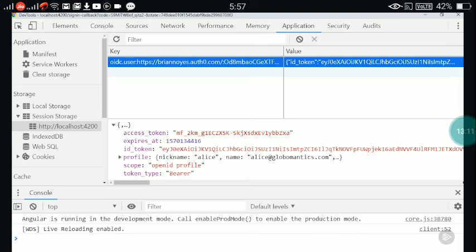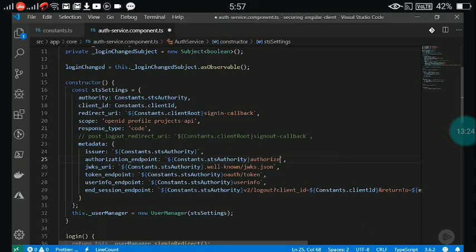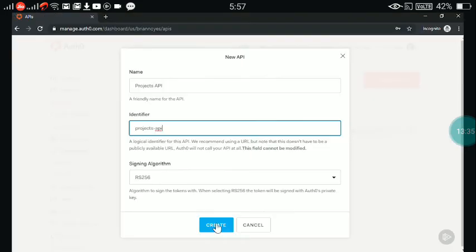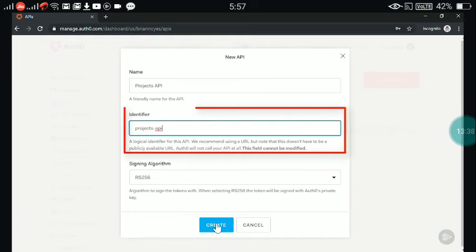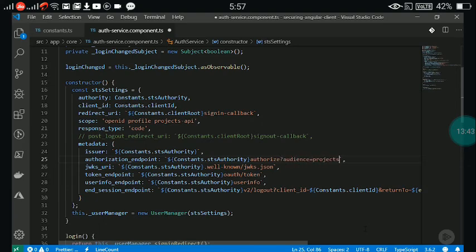Returning an opaque string is still completely legal in the OAuth2 protocol, but I want to get a JWT for an access token, like I do with Identity Server. So another little dive into the Auth0 docs reveals that Auth0 requires us to add an audience parameter to the authorize endpoint call while logging in to get a JWT access token instead of an opaque string. The value of the audience parameter should be the ID that was set for your API when that was created. So I will just go add that audience parameter to the authorize endpoint URL in the settings object and set it equal to